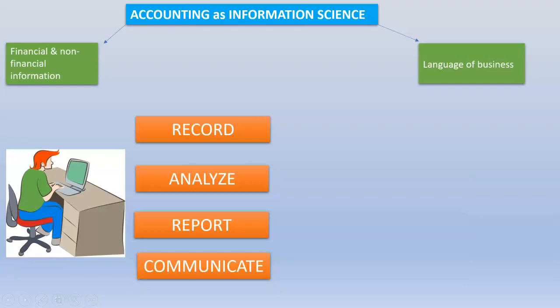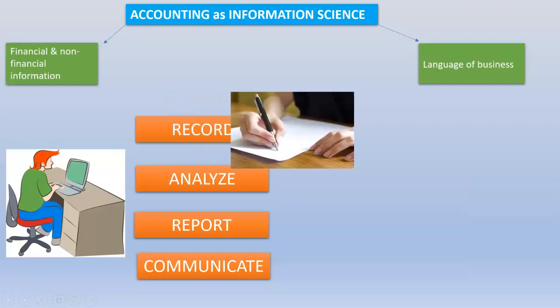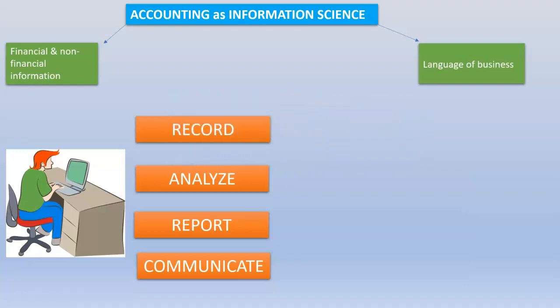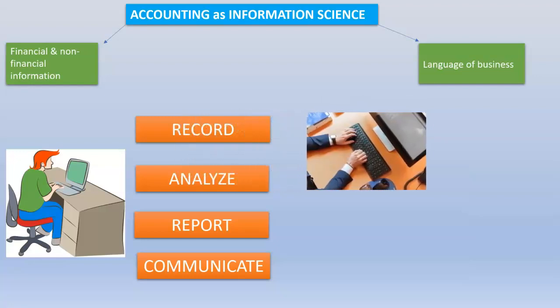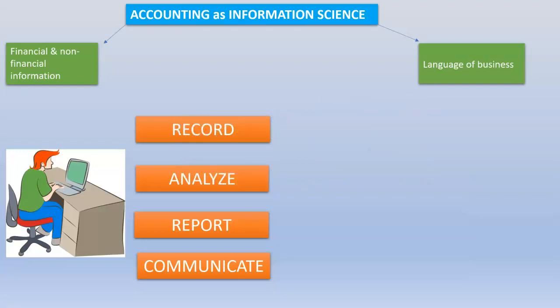Record. For any information to be produced, basic data needs to be recorded. Accounting records all the necessary data about its sales, purchases, employees, assets, liabilities, and loans in a systematic manner. Accounting data or business transactions can be recorded manually, but computer systems called ERP are widely used nowadays in recording accounting data. This part of the accounting process is called bookkeeping.